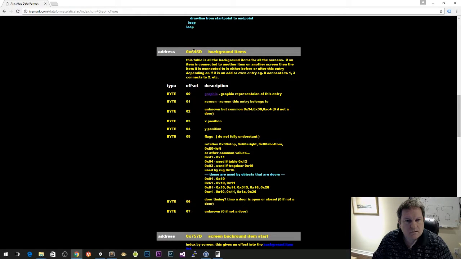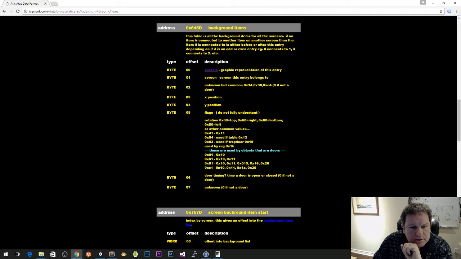So really, we probably want to get these items as well. Used if table tile, used if trapdoor, used by rug, flags. I guess the rug, so the rug you can walk over. So that's why it needs to be used as a flag there. We can figure that out later on. Okay, so do we have